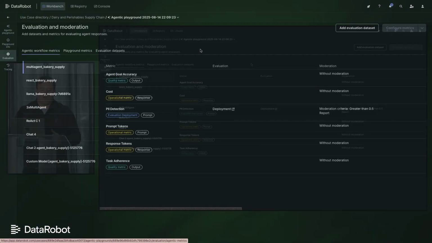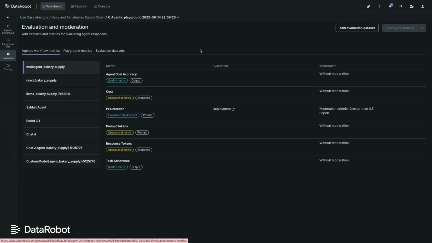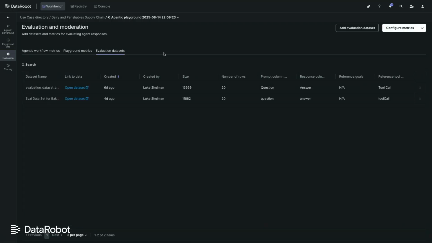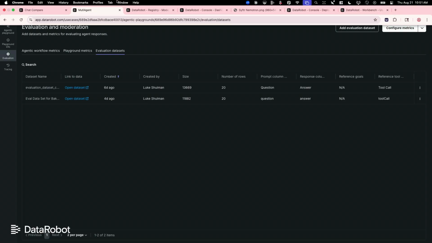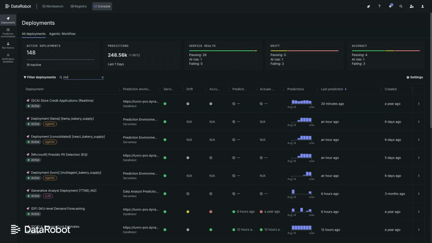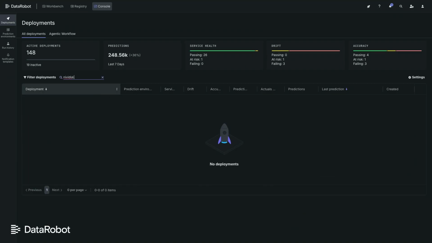In addition to this evaluation, we want to be able to repeat these evaluations as we make changes to the agent. And so we can create evaluation data sets that can repeat chats over and over again and aggregate the results for us. So as we make changes, we can have that clear standard and clear benchmark for how these should perform. Now, the other thing you asked is about scalability. So what I'm going to do is I'm actually going to pull up the Nemotron deployment that is powering our agent here. But to do that, I have to spell it correctly.